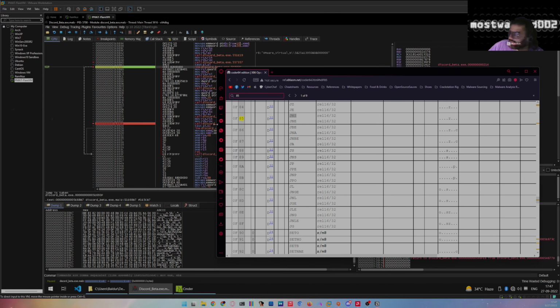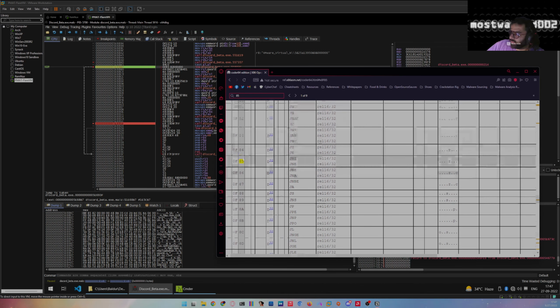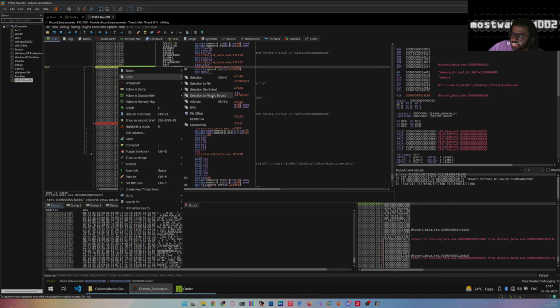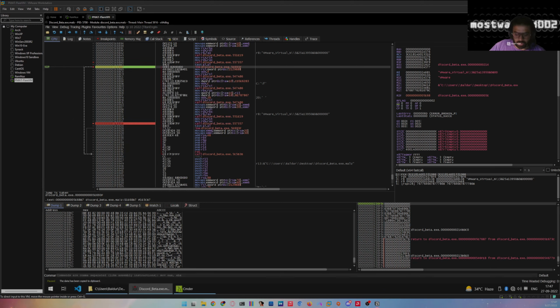And so if I change this 85 to 82, that will alter the jump. That'll tell the program to not take the jump. We can copy this address, add it to our notes. Then